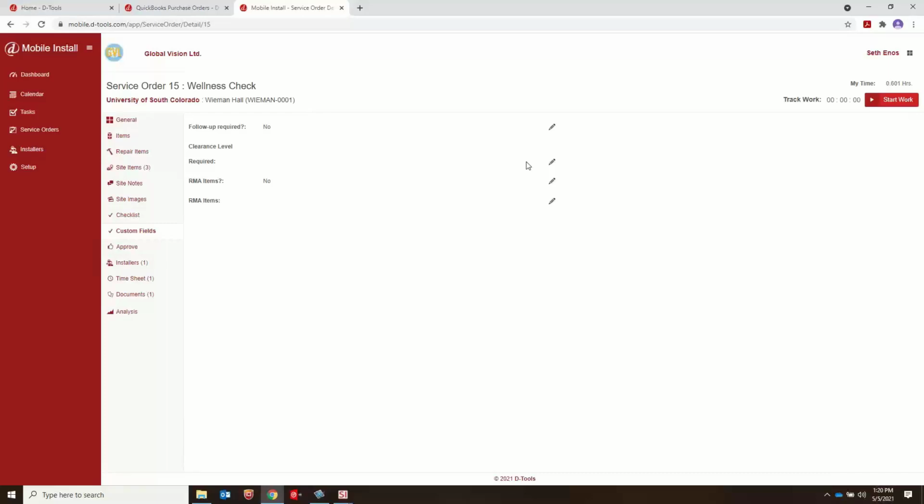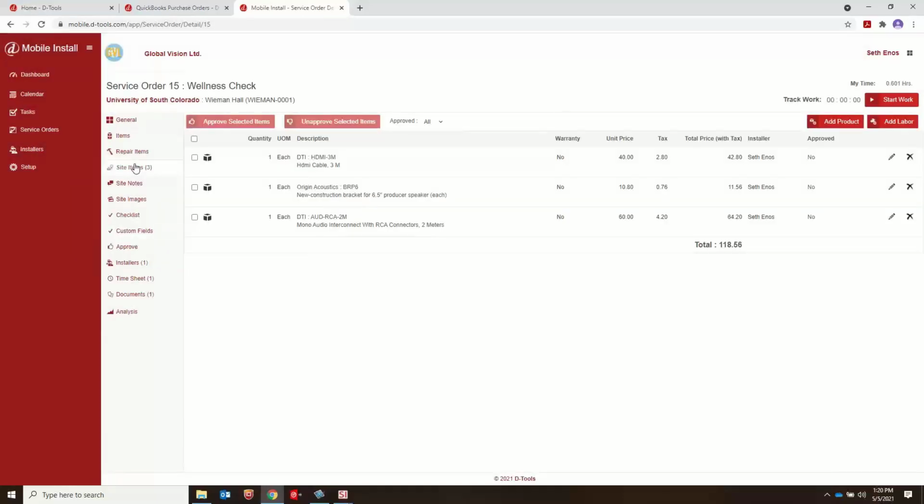Another big change that we did. So prior to this release, when you had site items, let me just go out here, site items. Site items are items not a part of the task or service order, but that the technicians add inside of mobile install. Could be something that they have on the truck or the van. They need it on site,